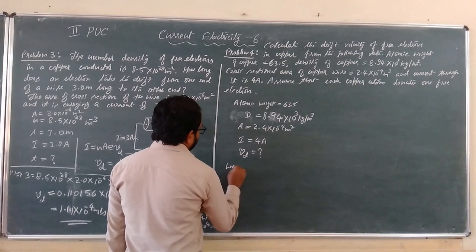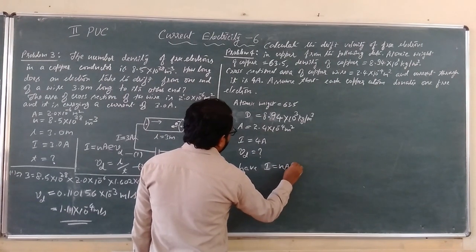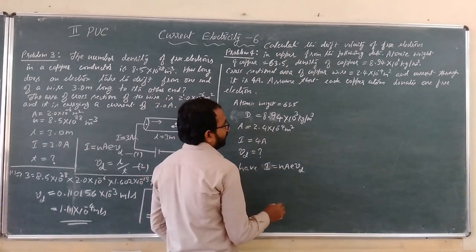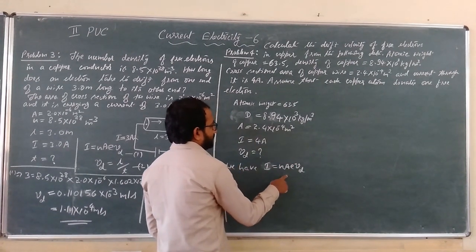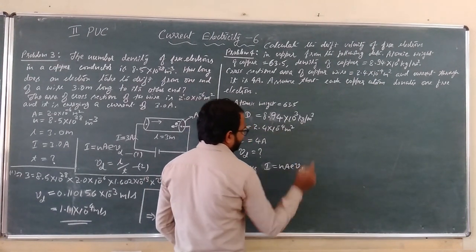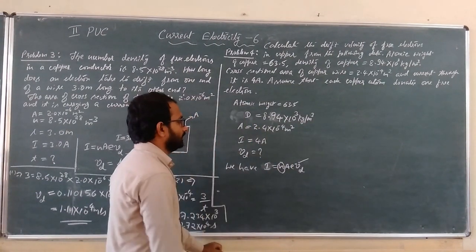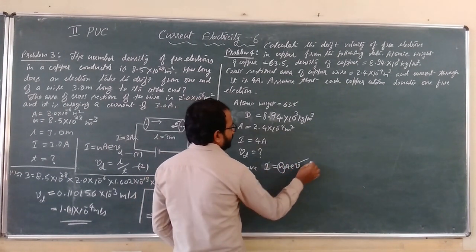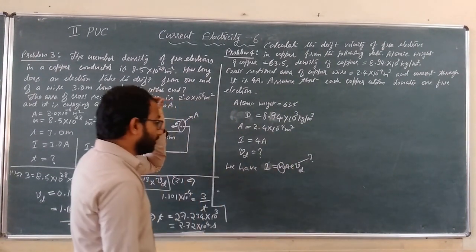So we have the expression for current, I is equal to nAeVd. I is given, the current flowing through the conductor is 4 ampere; number density is not given; area of cross section is given; e is the charge of the electron. You have to find out the value of Vd, but n is unknown. All the other things are known: the current, the area of cross section, the charge of the electron. How to calculate the number density, small n?